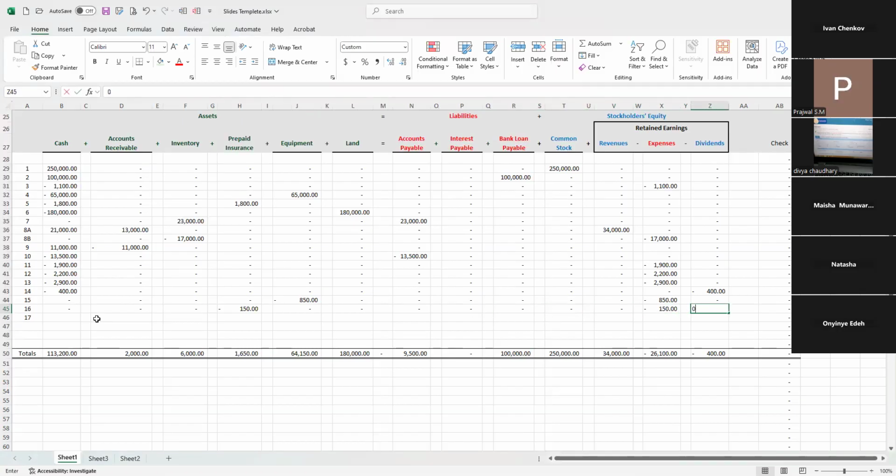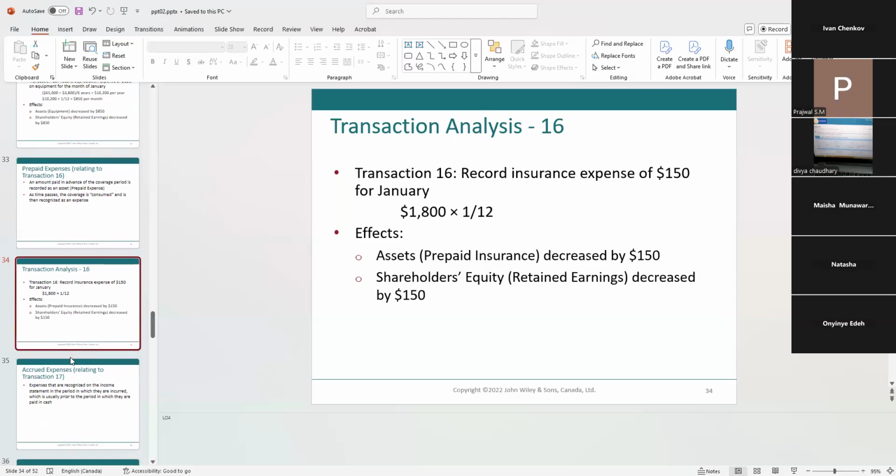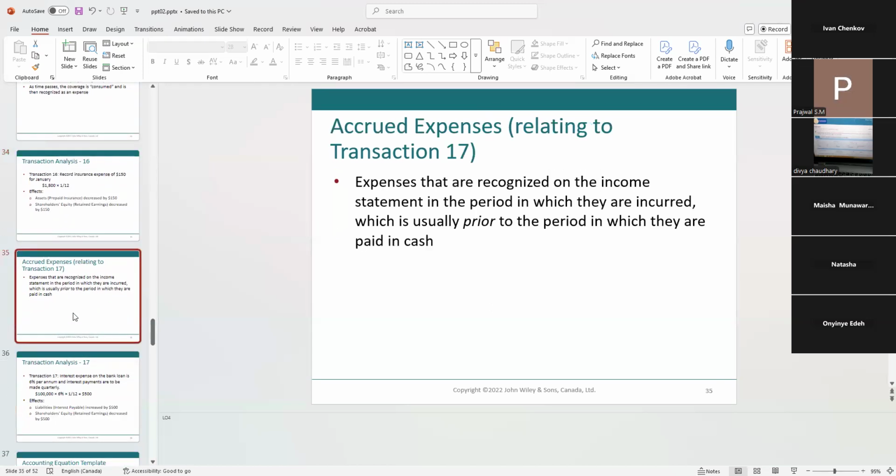Nothing else changes. What's the last thing that's left? Let's see. We're done with the insurance. We calculated 150, we increased the expenses, we decreased prepaid, and the last thing that's left is the